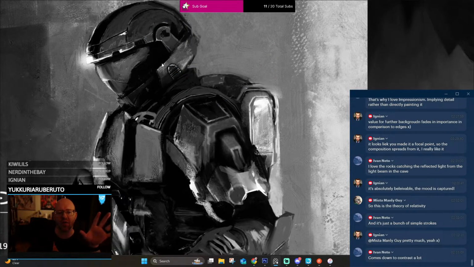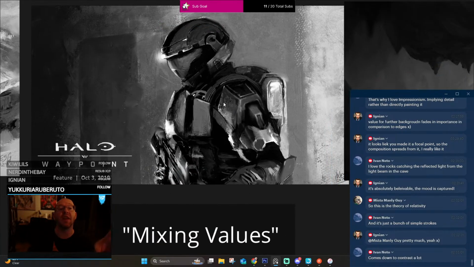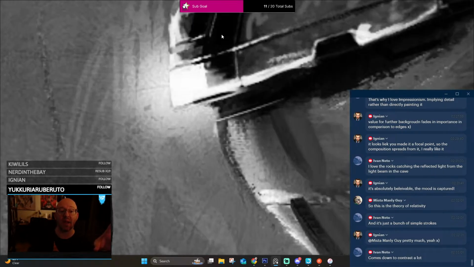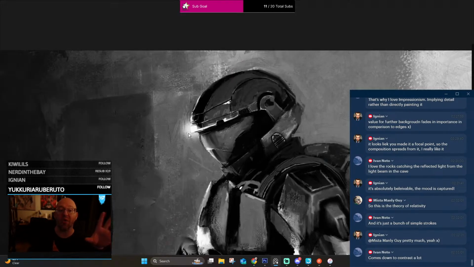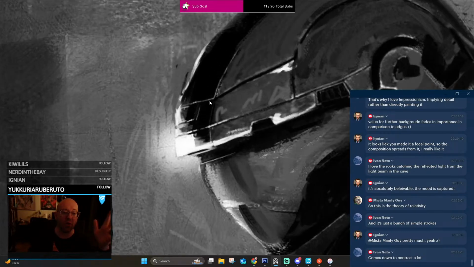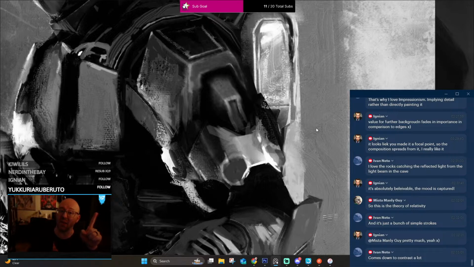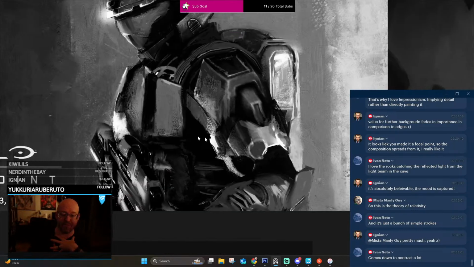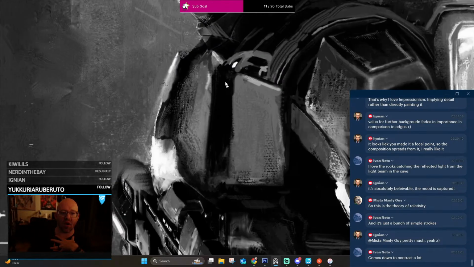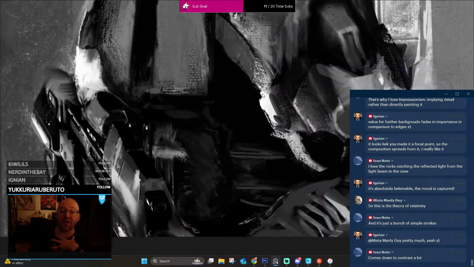I wanted the darkest darks and the lightest lights both on the character. And we succeeded in that. We have our highest highlight exactly kind of next to the darkest dark, which I like. It breaks the rules a little, but who cares? I think it looks cool. But what doesn't look cool, in my opinion, this dark is a little too dark because you lose out on the form. This dark's actually fine because we don't need to even know what's in here. This is the underarm. This is kind of the undercarriage, all that stuff. Doesn't matter.